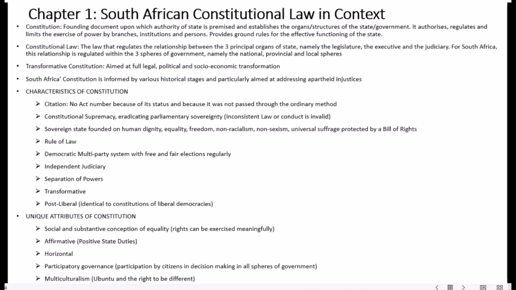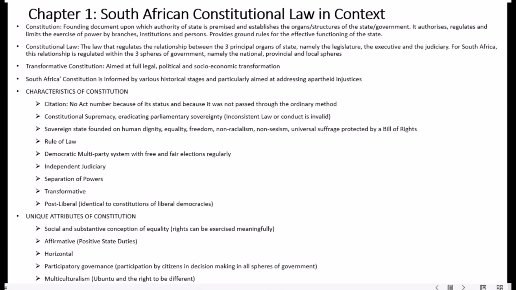And what we have in South Africa is a transformative constitution, colleagues, meaning it is aimed at full legal, political, and socio-economic transformation. So it's not just a document with a bunch of rules. It is actually aimed at changing society. And South Africa's constitution specifically is informed by various historical stages. I'm not going to go into that history, but if you go to the slides for chapter 1, you'll see I did a brief summary of